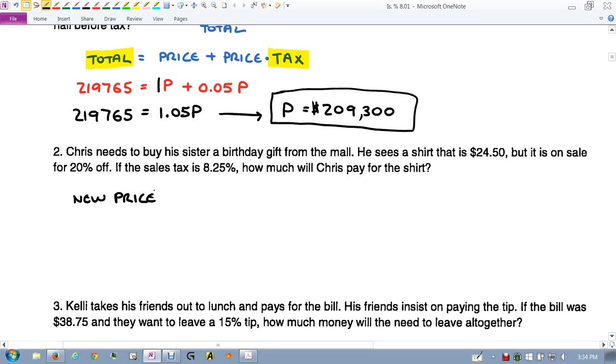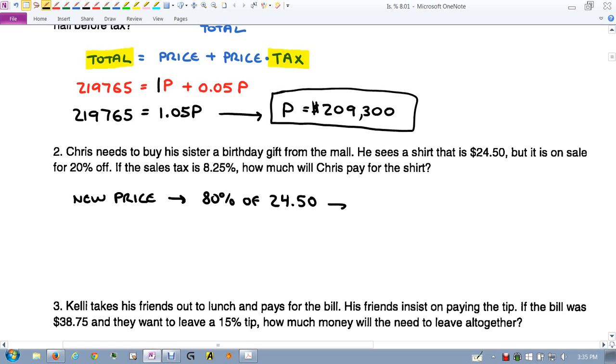Okay, so there's 2 ways of doing this. You can figure out what is 20% of that, right? That's how much you would have to take off the price. Or you could say, instead of looking at it as 20% off, 80% of that price is what you're going to pay. That's the way I think is a little easier to do, especially if you're at the mall. Instead of trying to figure out how much to take off, just figure out what percentage you're going to pay. So the new price is 80% of